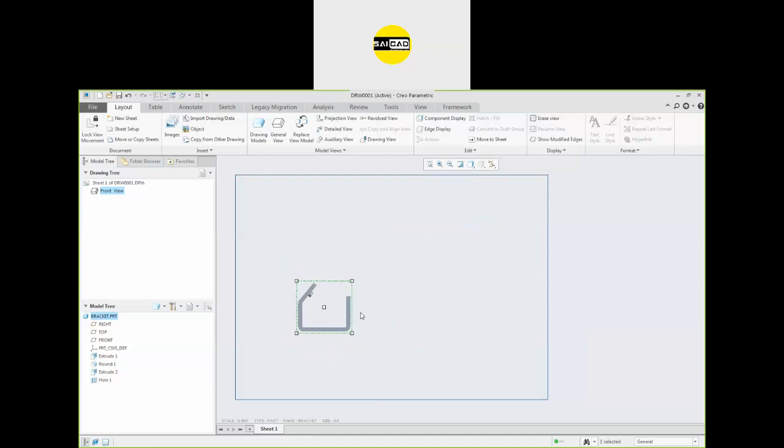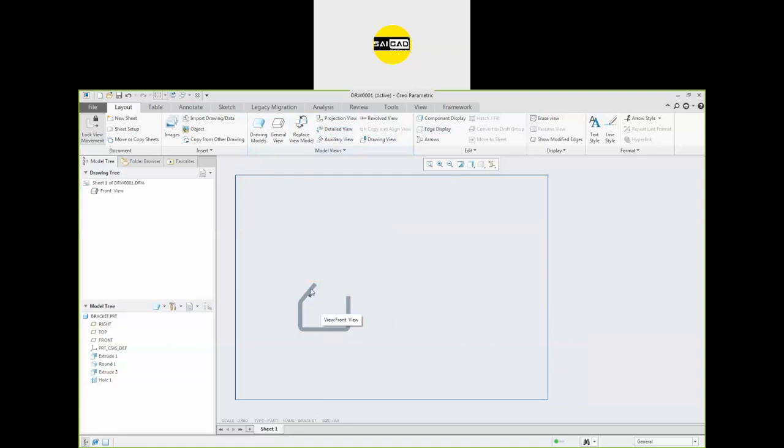Okay. So when you are done, just right click. You can lock view movement, or you can select this one also. Lock for view movement. Like that. And after inserting a single view, you will get all the options here. Everything will be enabled.